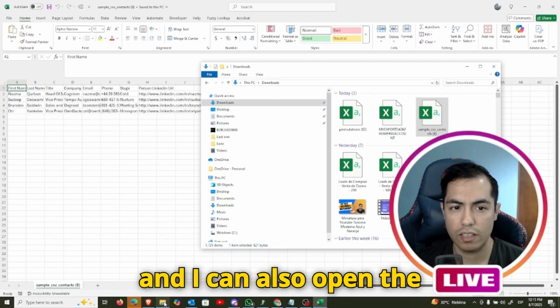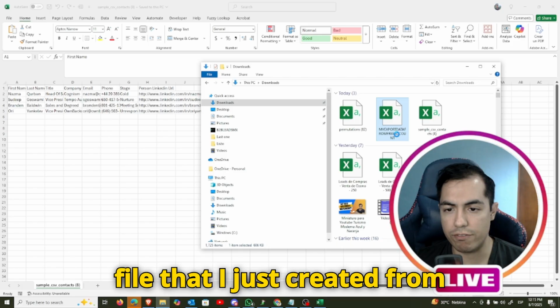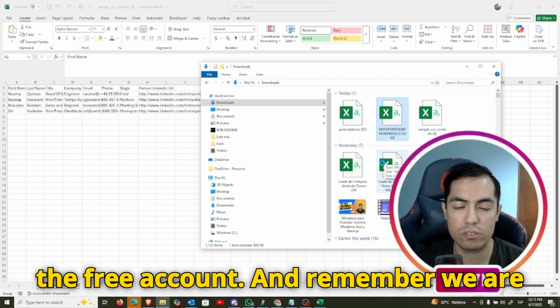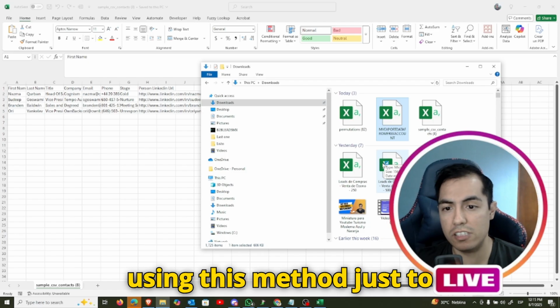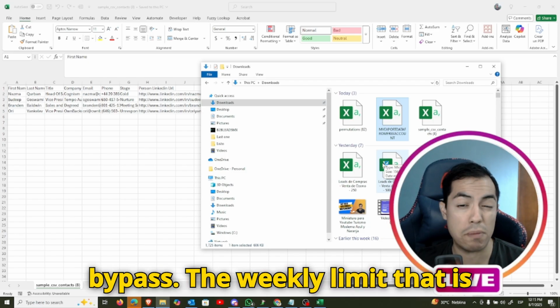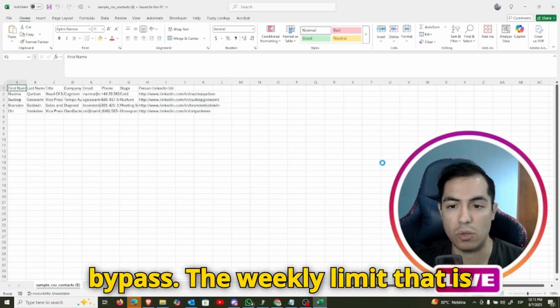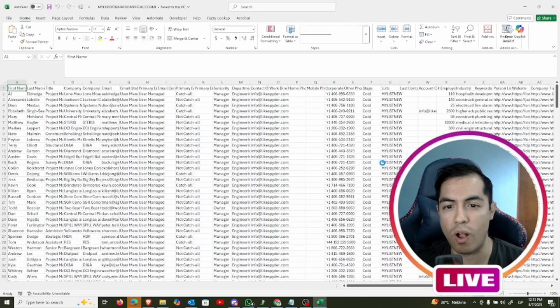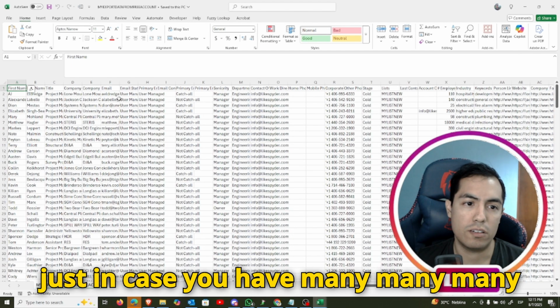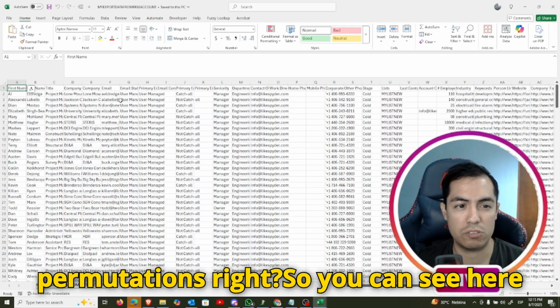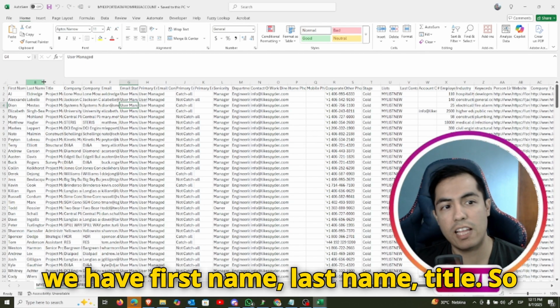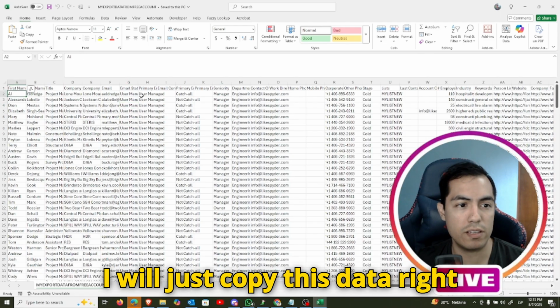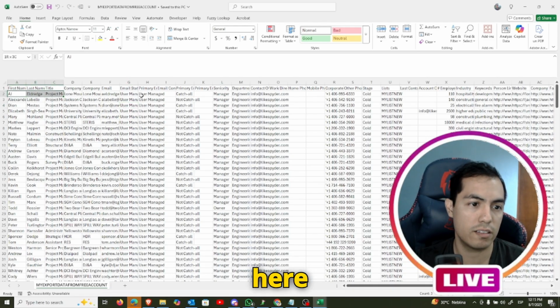And I can also open the file that I just created from the free account. And remember, we are using this method just to bypass the weekly limit that is 100k permutations, just in case you have many permutations, right? So you can see here we have first name, last name, title. So I will just copy this data right here